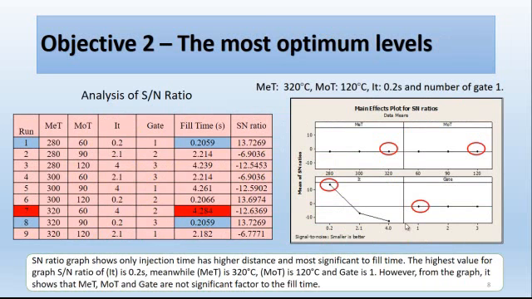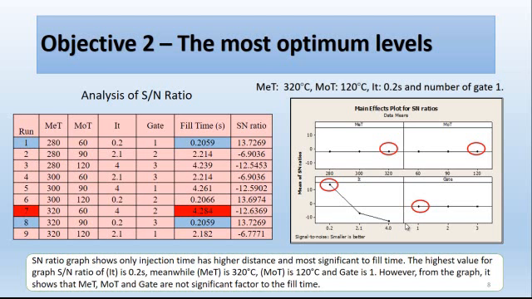Objective 2. The most optimal level by using the SN ratio. The table on the left side shows that run number 7 has the highest fill time, 4.284. Meanwhile, run number 1 and number 8 have the lowest fill time, 0.2059 seconds. The SN ratio graph shows only injection time has the higher distance and is the most significant to the fill